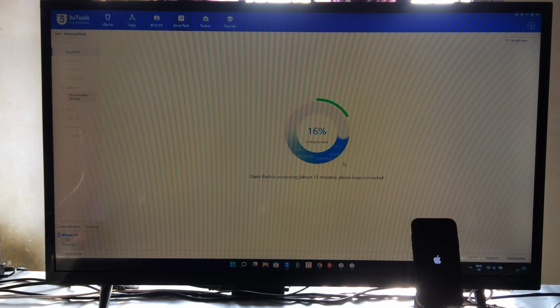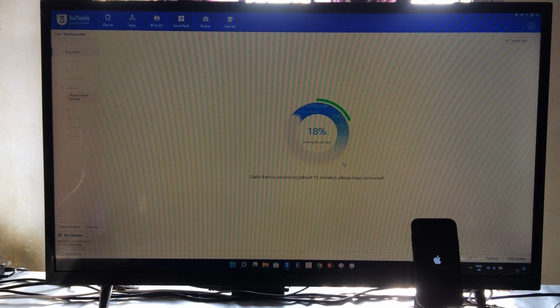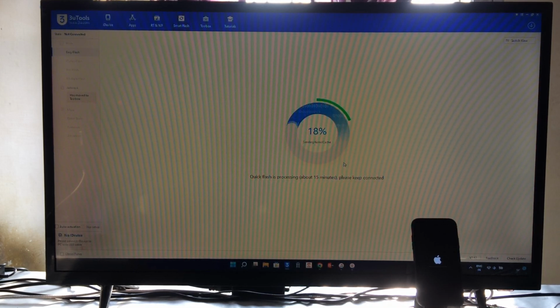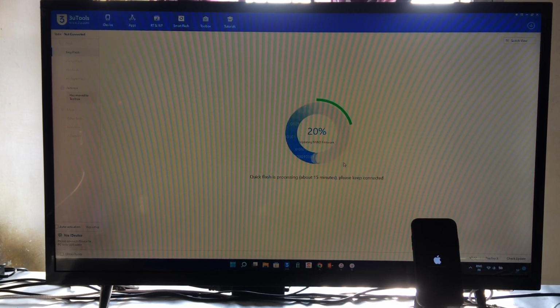Let's see what's going to happen. Sometimes, see guys, I would like to tell you one thing. Sometimes IPSW or iOS will not be taken by iTunes quickly, the latest one. So in that situation, you will have to use this 3U tool.